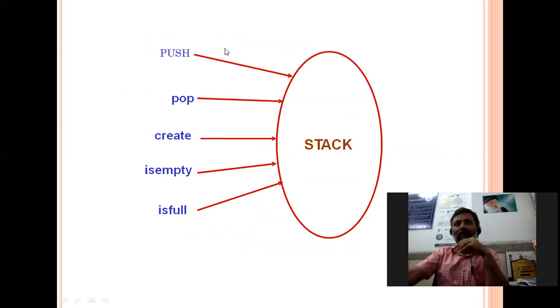These types of operations we will apply on stack. It is again an example of an abstract data type, meaning the user should not know the detail of the data structure. The user can use these functions, these operations, and perform the action.